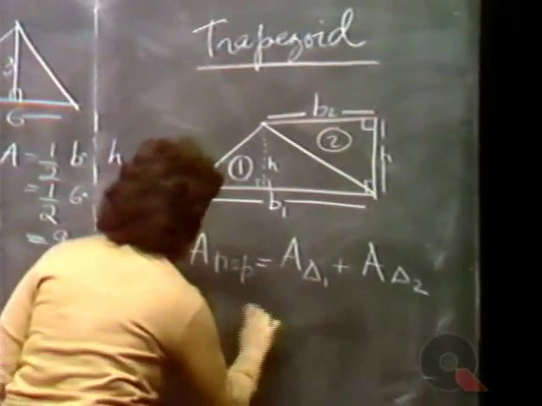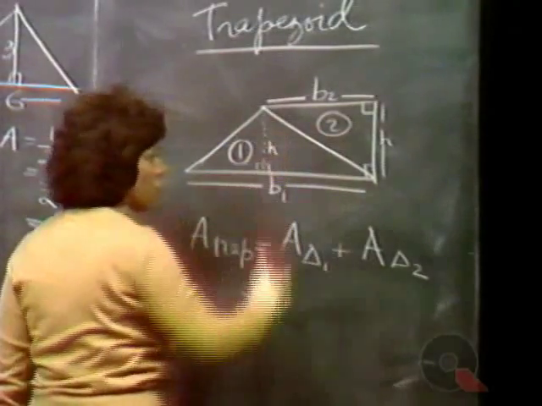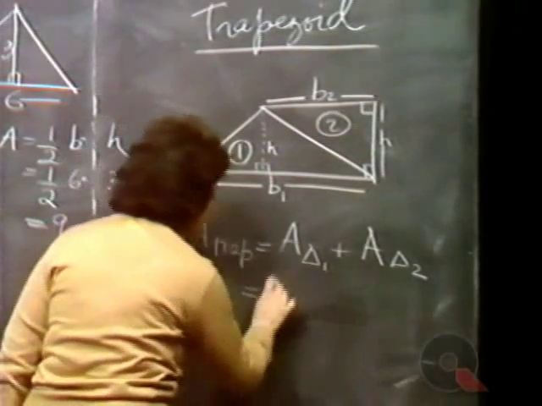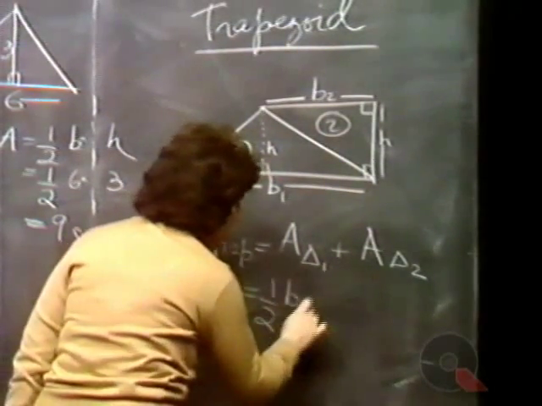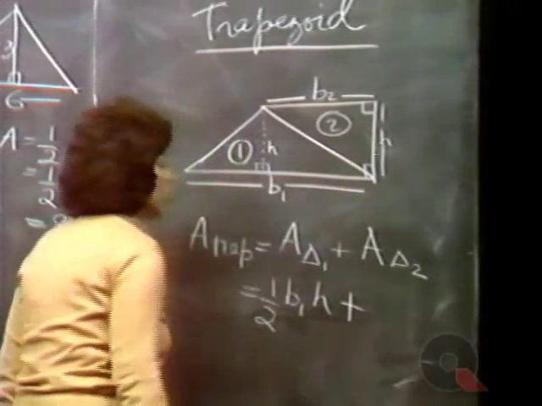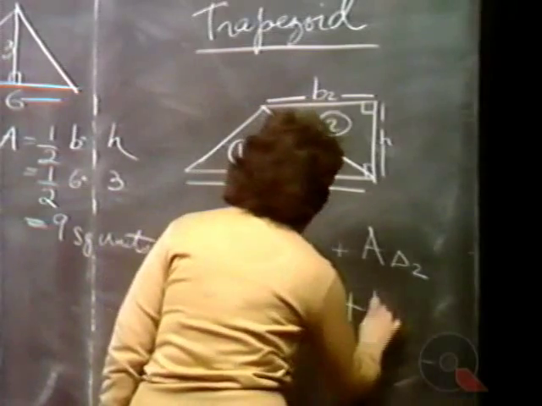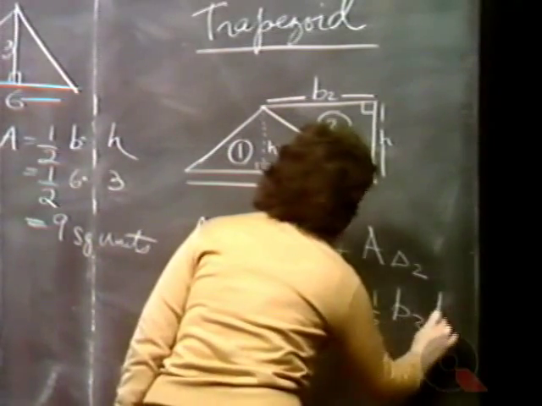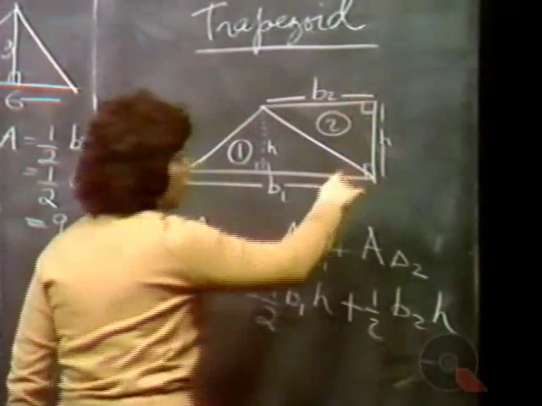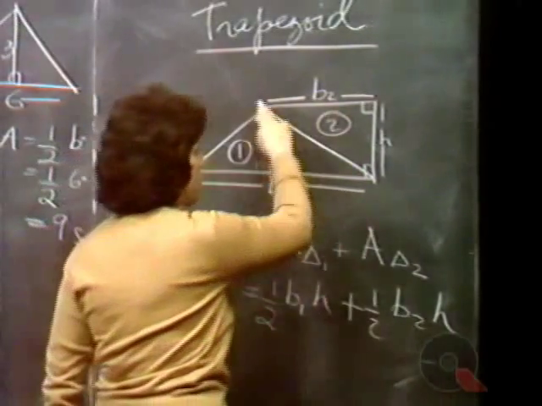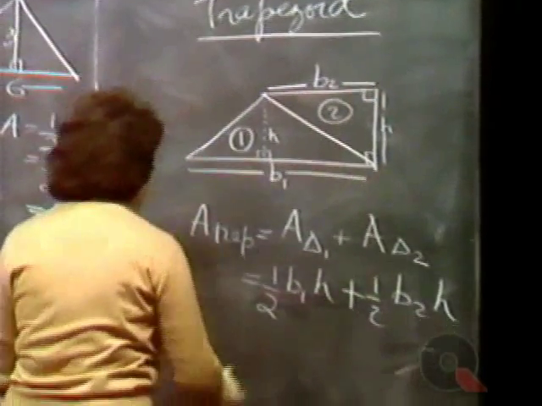Now, the area of triangle 1 is, of course, 1/2 base times height, 1/2 B1 H, because the base in triangle 1 is B1. And the area of triangle 2 is 1/2 base times height, where the base now is B2. 1/2 base times height, and